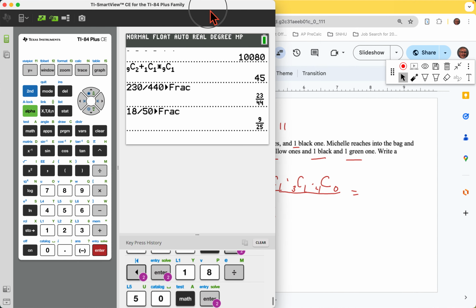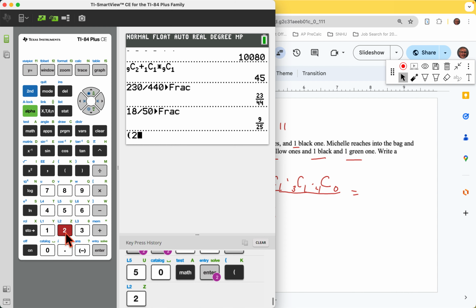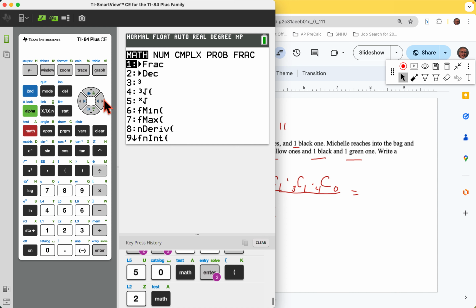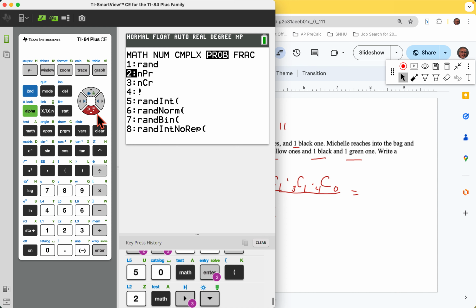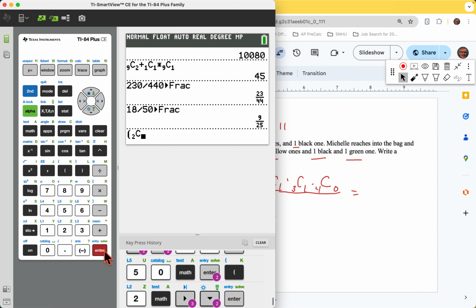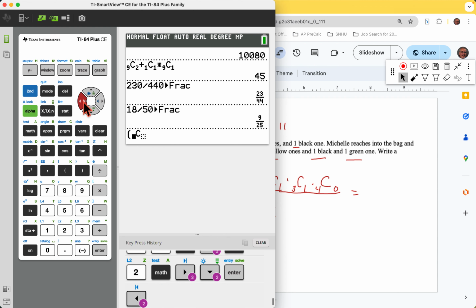So I'm going to put a parentheses. Remember, there's a way to get a fraction template, alpha F1 if you want, but I'll do it without that. 2, and out of that she's going to choose 2. Wait, how many yellows were there? There was 3. Okay, thank you. So I'll come back and change that to 3, and out of the 3 she's going to choose 2,